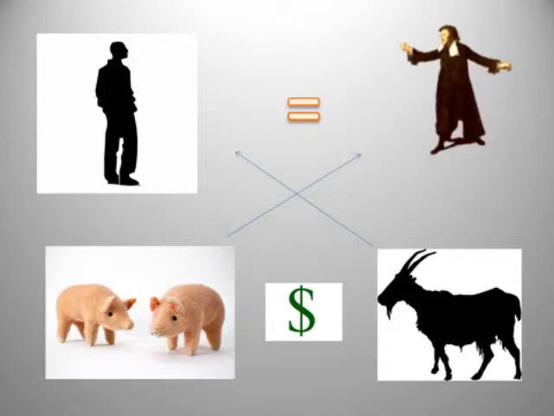And what the merchant said was that every transaction that they do like this is of equal value on both sides, that as far as the merchant is concerned, the 2 pigs are equal to his 1 goat. As far as the customer is concerned, the 1 goat is equal to the 2 pigs, so both of them walk away quite happy.